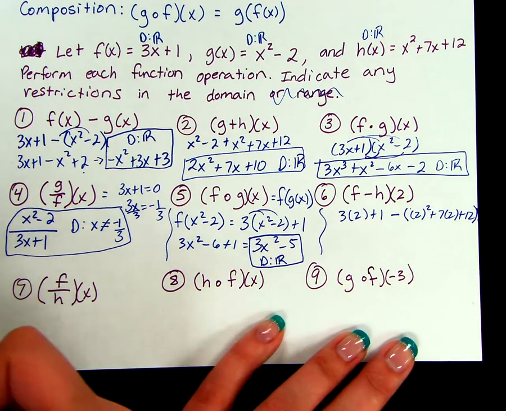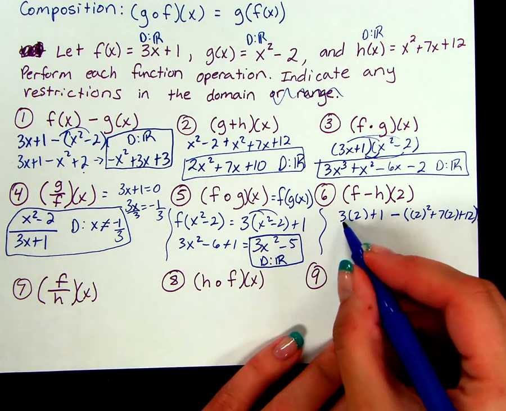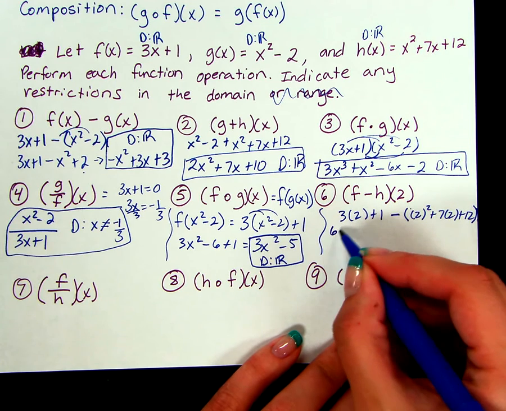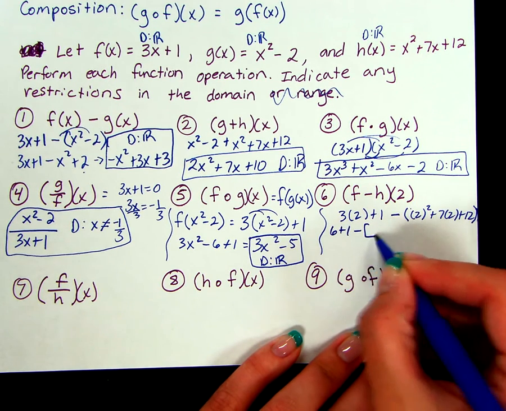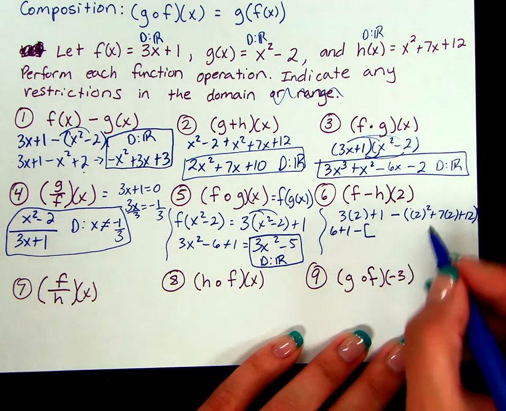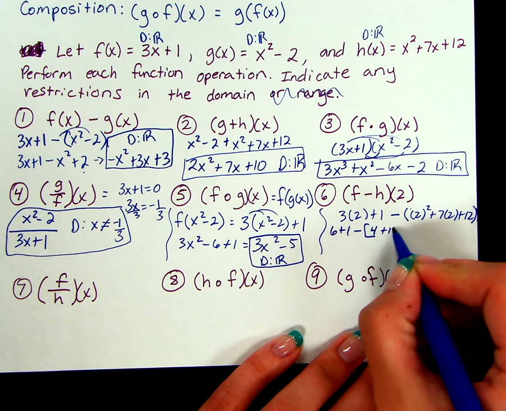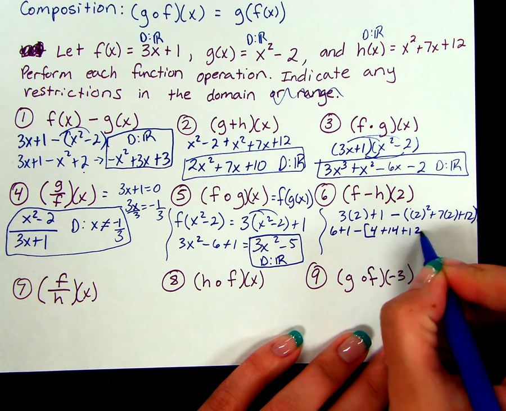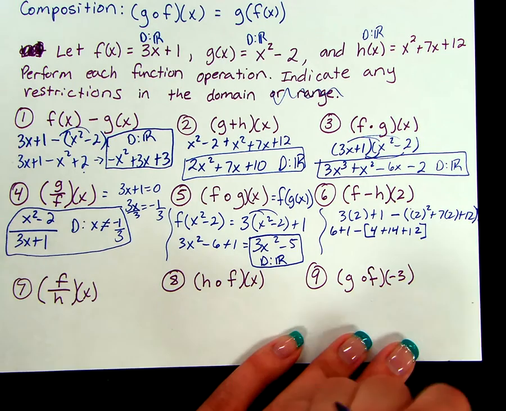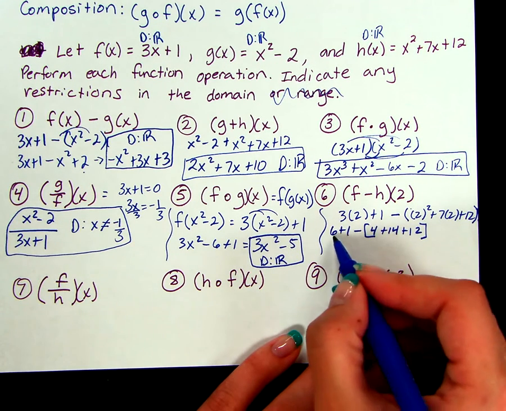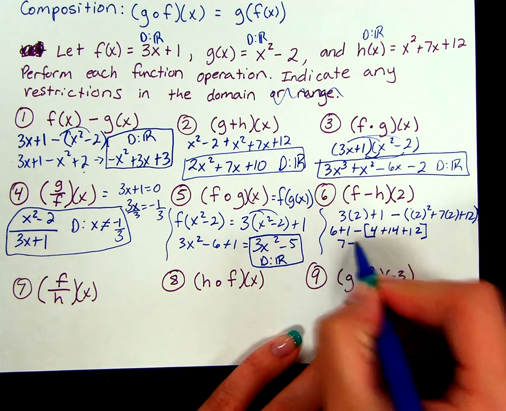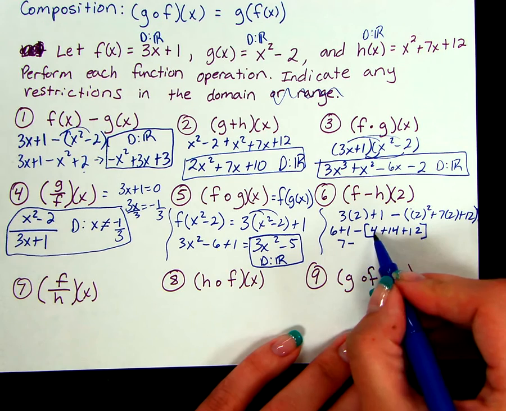And then now we're just going to simplify that as much as possible. So 3 times 2 is 6 plus 1 minus, and again, we have to simplify everything on the inside. So 2 squared will be 4. 7 times 2 is 14, and then plus 12. So again, following order of operations, 6 plus 1 will be 7 minus, and then we would have 4 plus